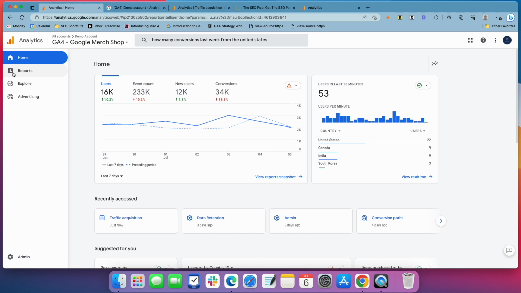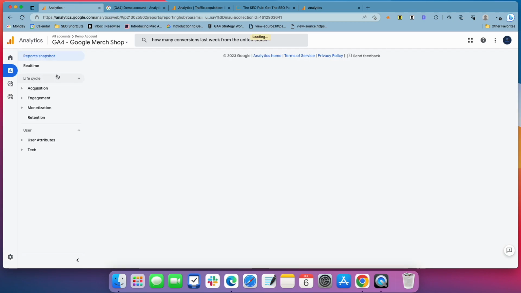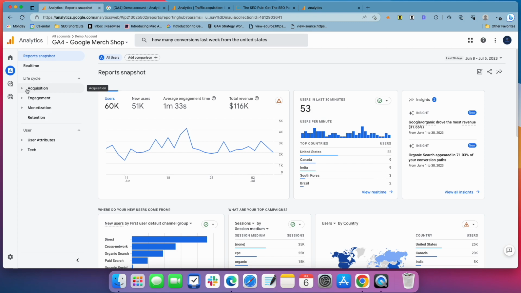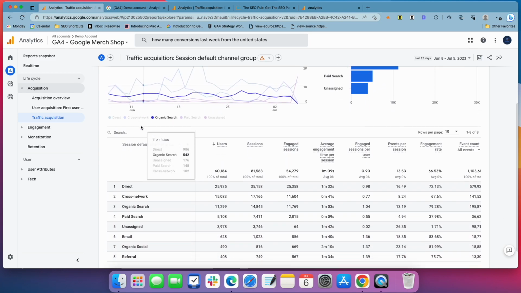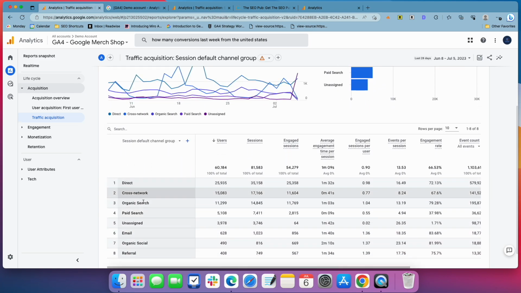As far as the reporting goes, everything is under this reports tab. And a lot of these reports are pretty similar to Universal Analytics. So I'm kind of surprised at the amount of trouble people seem to be having finding this stuff. But for example, under acquisition, you have the acquisition overview, user acquisition. This one they edited in this account to first user default channel group. Then you also have the traffic acquisition. And this is one that probably most people are looking at in Universal Analytics, and same with Google Analytics 4. It just gives you an overview of how much traffic's coming from organic search, direct,